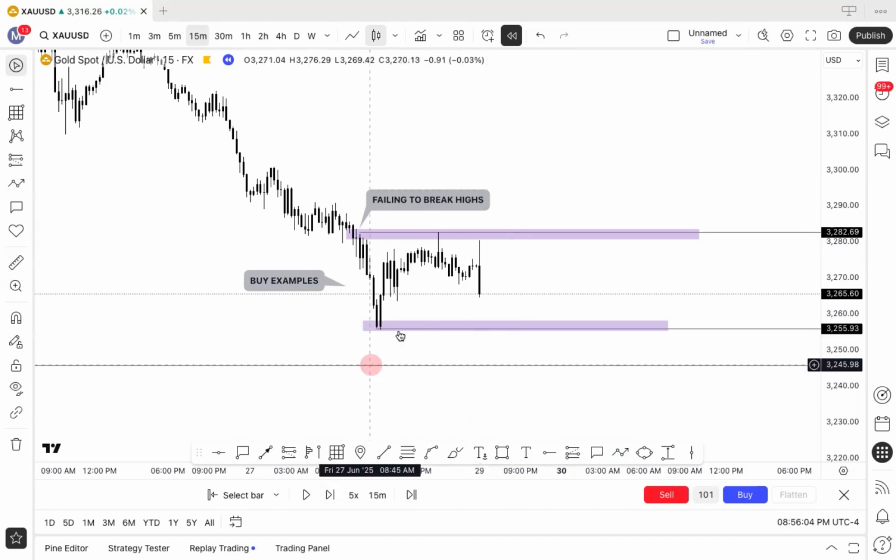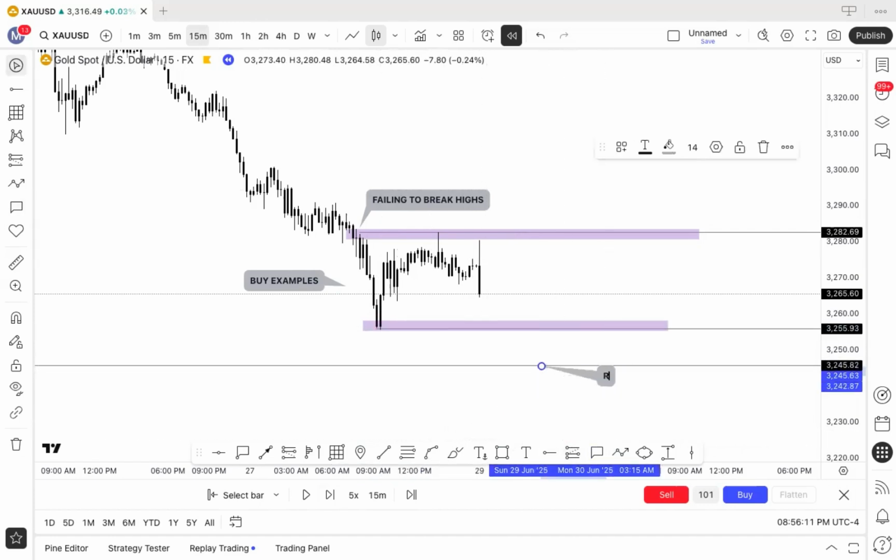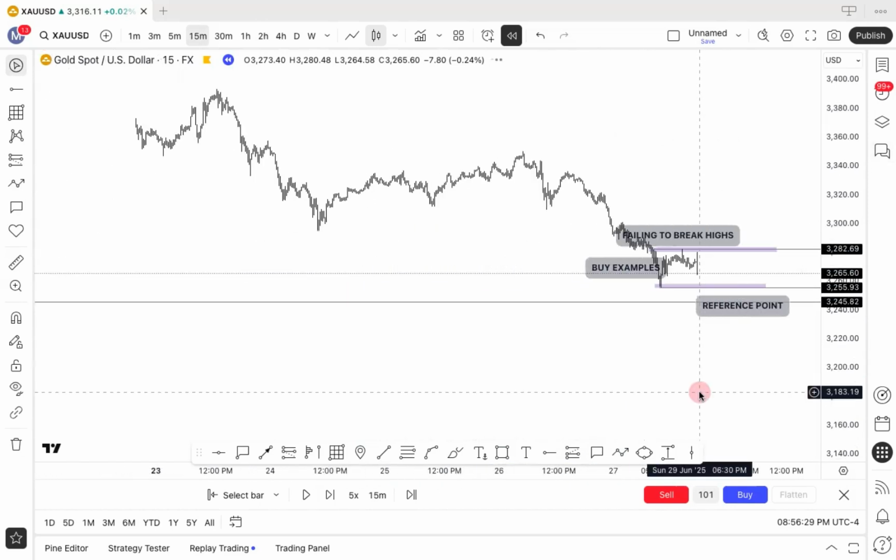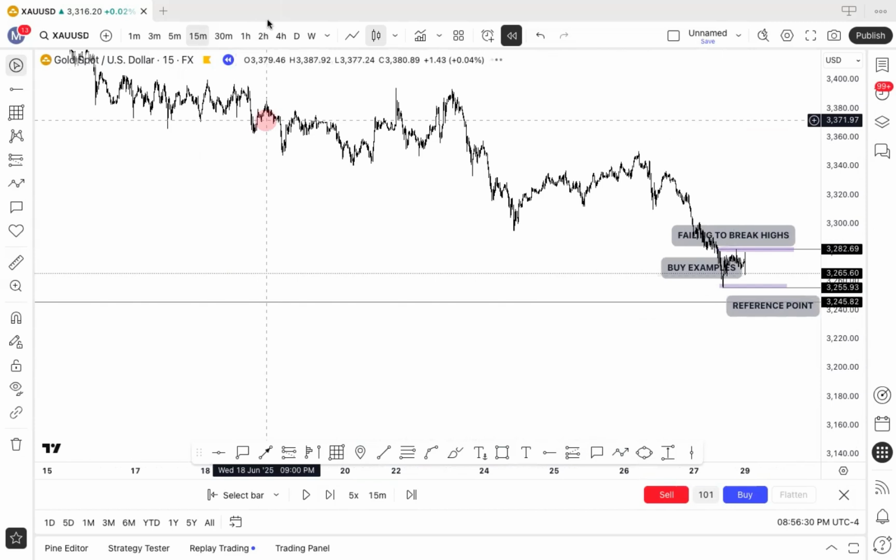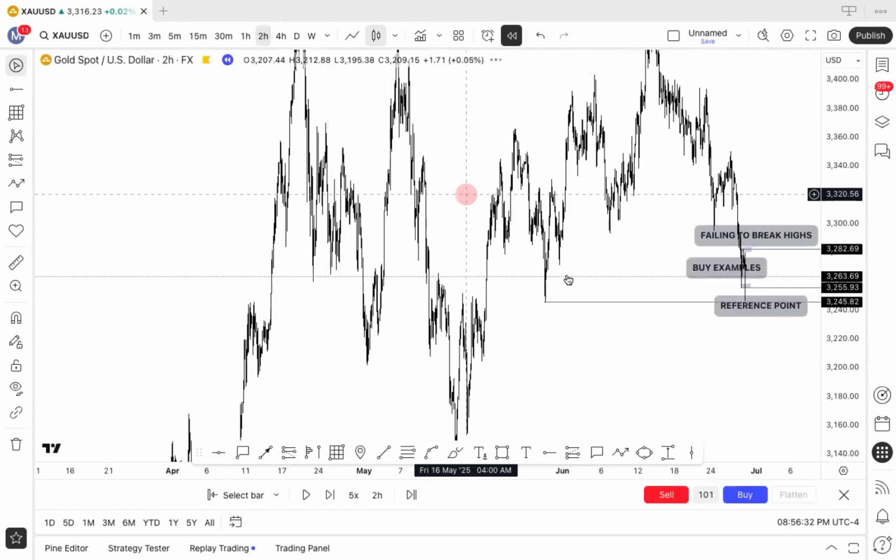So we're watching this low. Anything that stays above this reference point right here, I'm counting it as a liquidity sweep. And this just goes back to understanding market structure. Reference point. Okay, so let's just go back to market structure because, like we said,